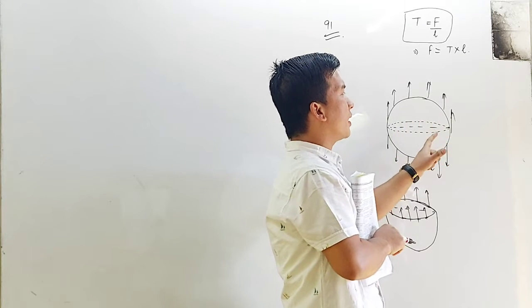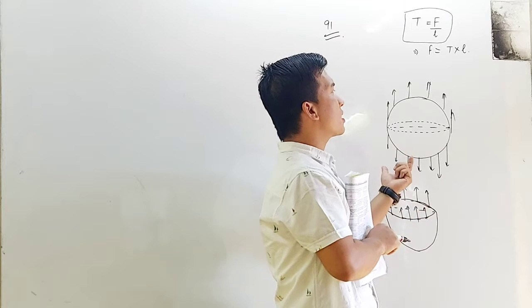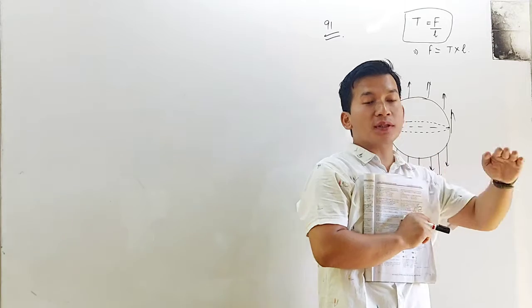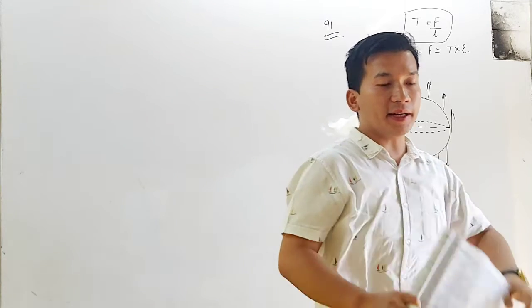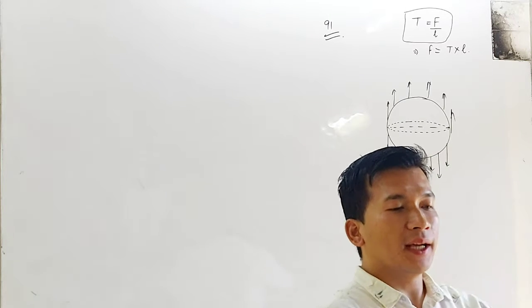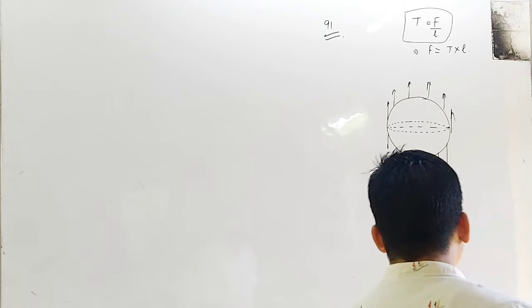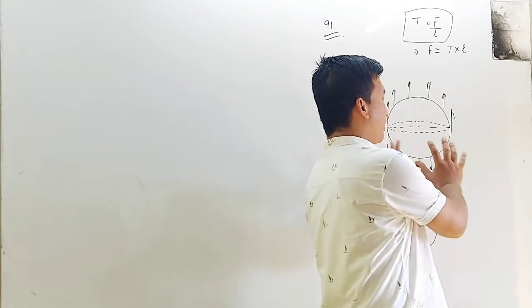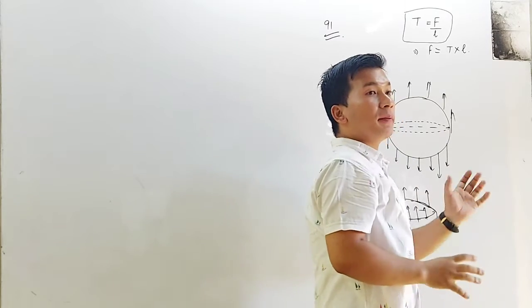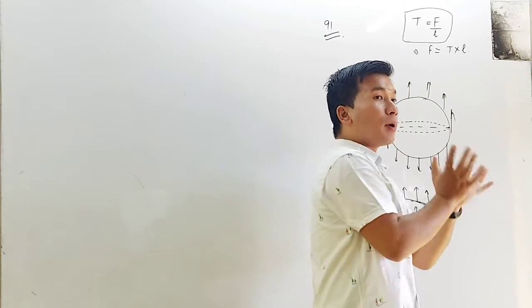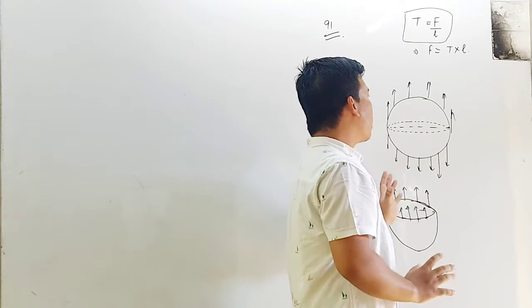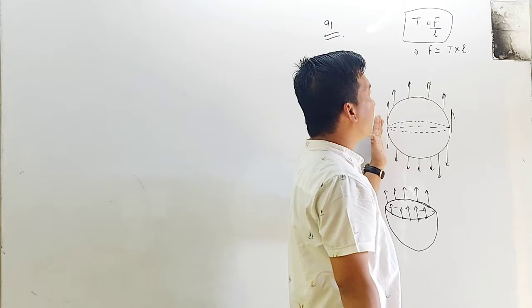For any spherical liquid surface, what must be the direction of surface tension? It acts along the surface. If the sphere is cut into two equal halves, each one will be known as a hemisphere. It will be just like a ball, and your surface tension will be acting